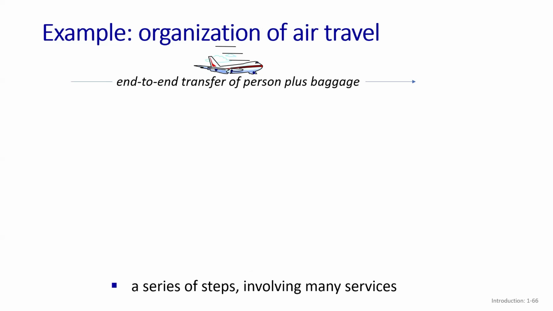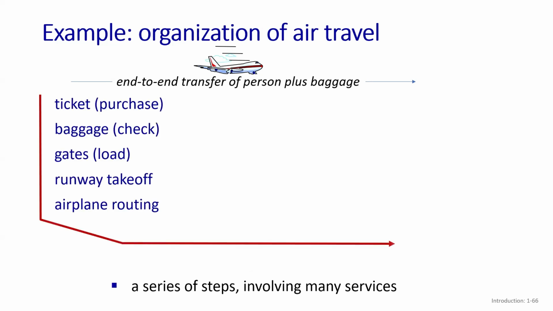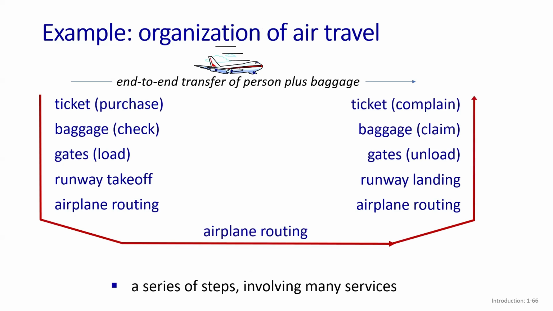The airplane usually carries people and luggage from one end to another end. And there are certain steps that we need to follow. From the origin point of view, we have to purchase a ticket, then we have to get our baggage checked. We have to go to the gates, and then board the plane. The plane will go to the runway and take off, and then it will follow a specific route to reach its destination. And on the destination side,